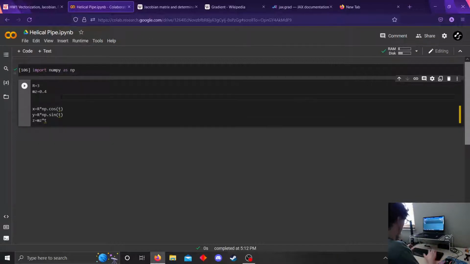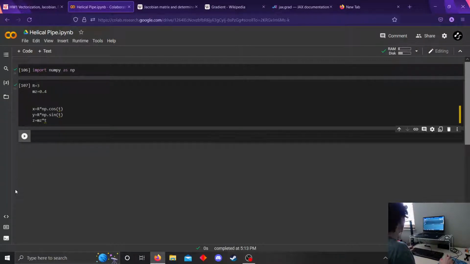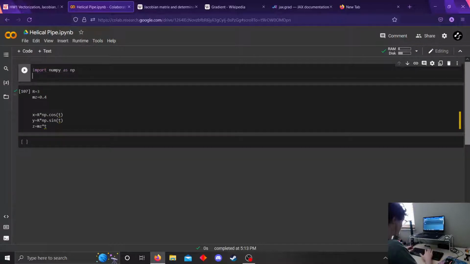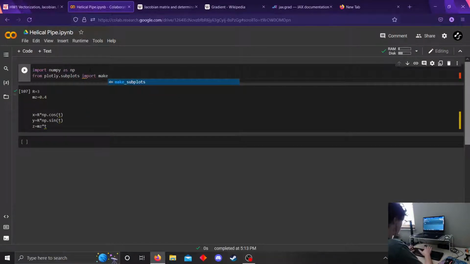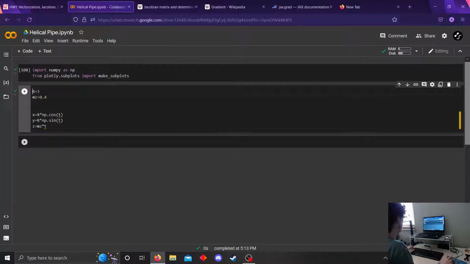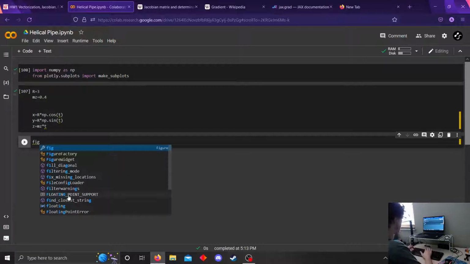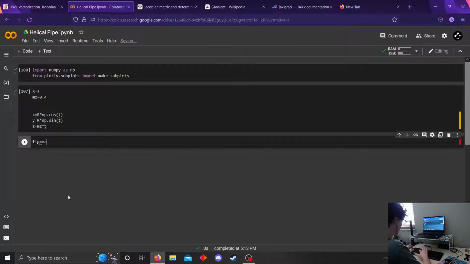Okay, so shift enter, it's looking good. And now we're going to go ahead and graph this. So we're going to use Plotly. So I'm going to go ahead and import that. So from plotly.subplots import make_subplots, and we're going to create a figure here, make_subplots,